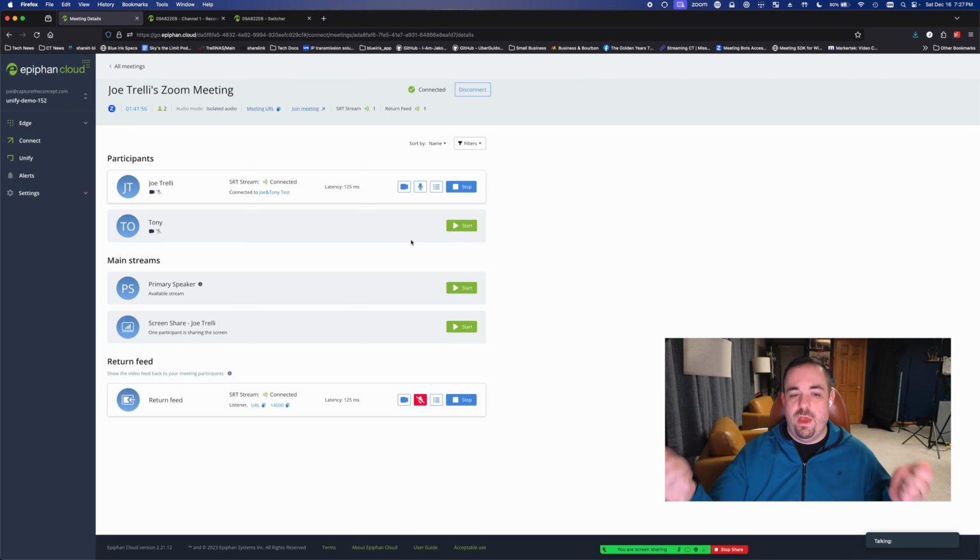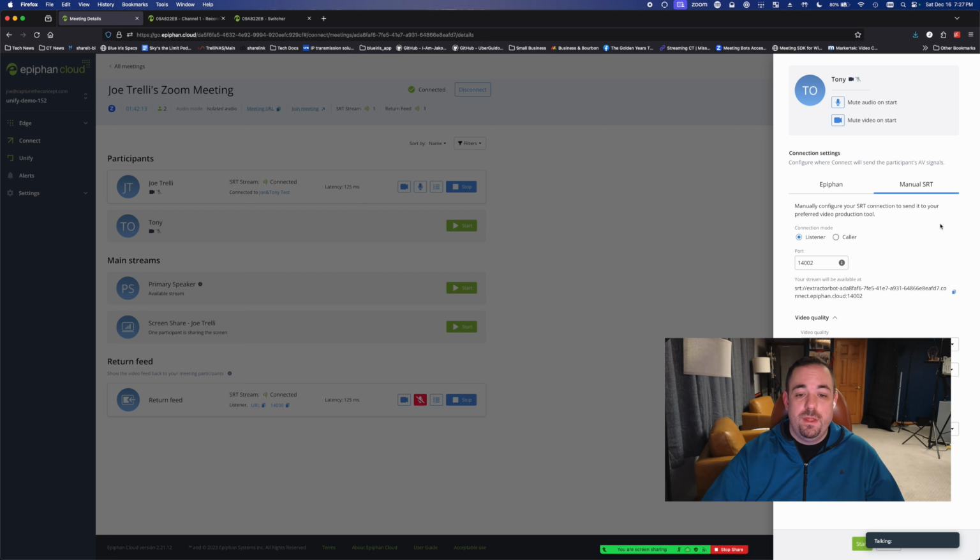So imagine you have a rack with decoders, and on the back you have SDI outputs, and you're sending that into a bigger switcher or something else, or into an ATEM. You can do that. So you don't have to use the Epiphan hardware, but it does work really well because,